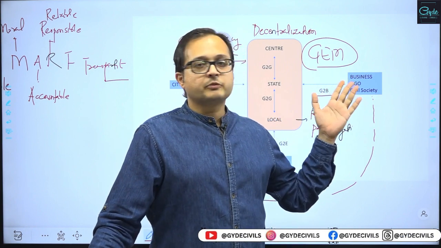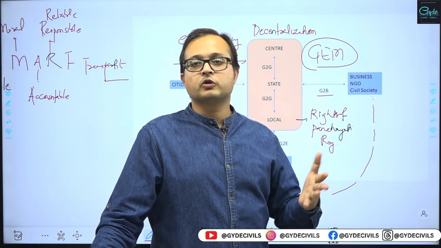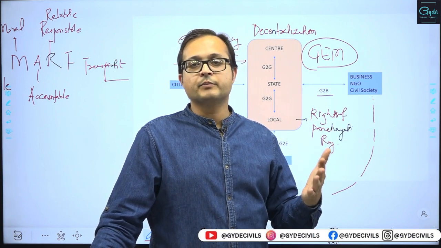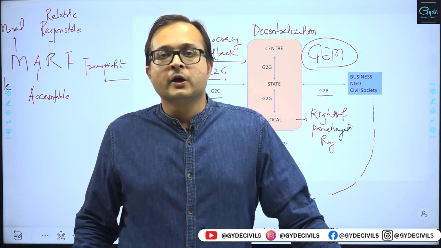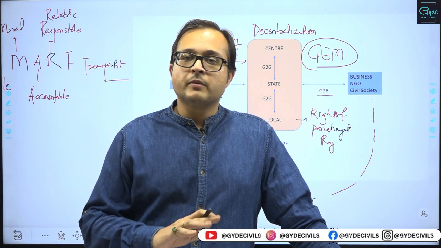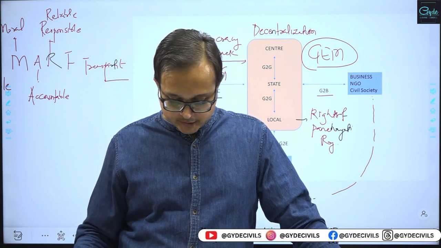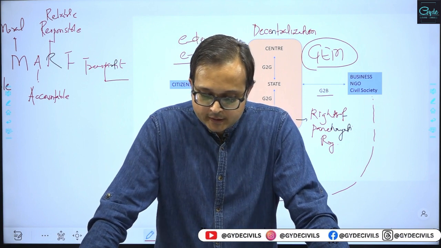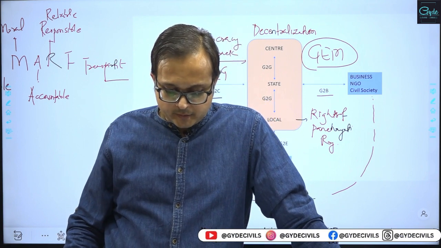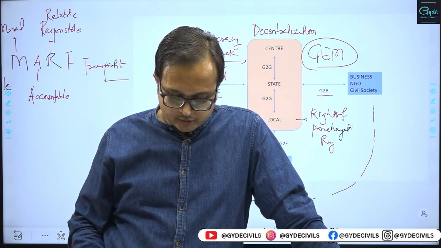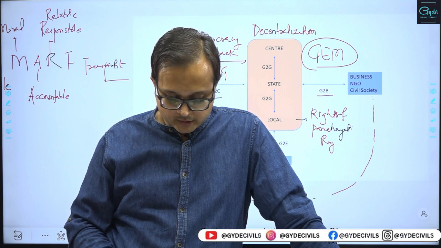So GEM, the Government e-Marketplace, has become a single portal where public procurement can be done and companies can get registered and sell their products at a competitive price to the government with minimum hindrance. Then the Handmade Bazaar for handicrafts, etc. The MSME Samadhan, to register cases related to delayed payment, etc., has also been created.